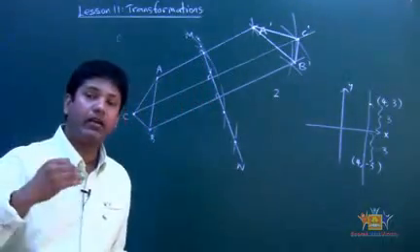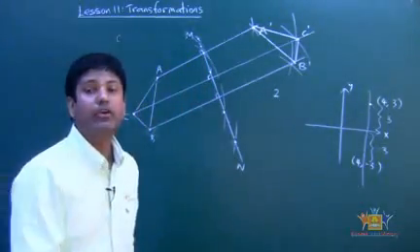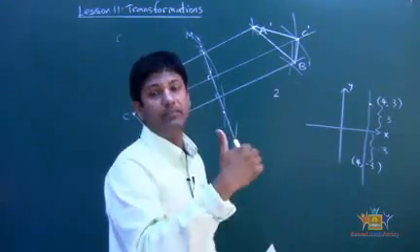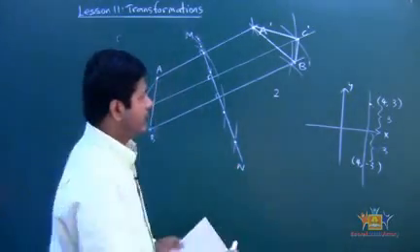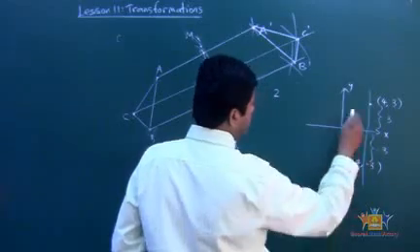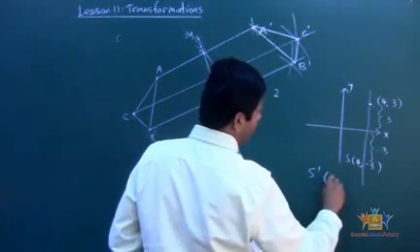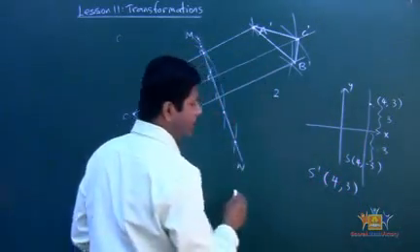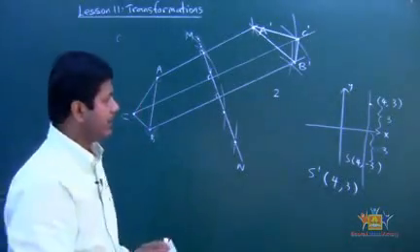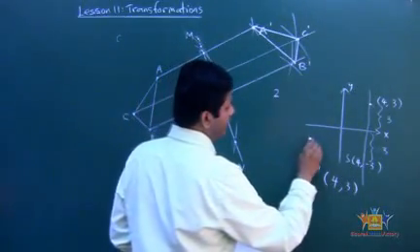When you reflect on the x-axis, it's the y coordinate that changes from negative to positive, or positive to negative. So the S image is going to be (4, 3). Does that make sense? Always keep that in mind. Let's see another example, to give you another point right there.